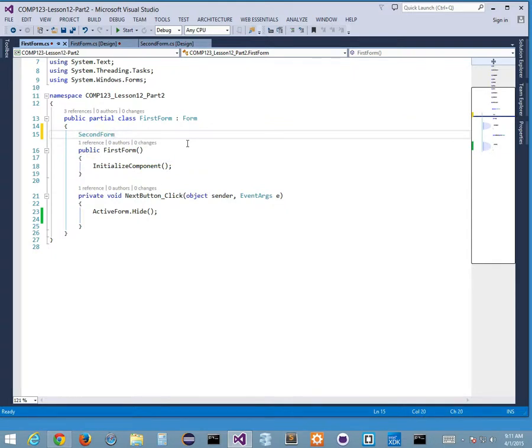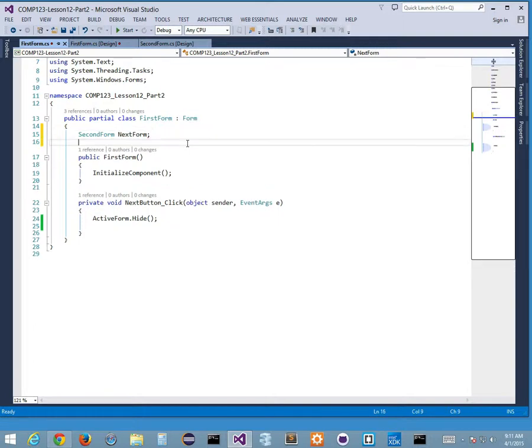And I want to create a variable or a reference to my next form. So I'm going to call it next form with a capital N, next form. I could do that, right? Now, does that cover it? That just makes a variable that's next form, right? So if I go here and I go next form,